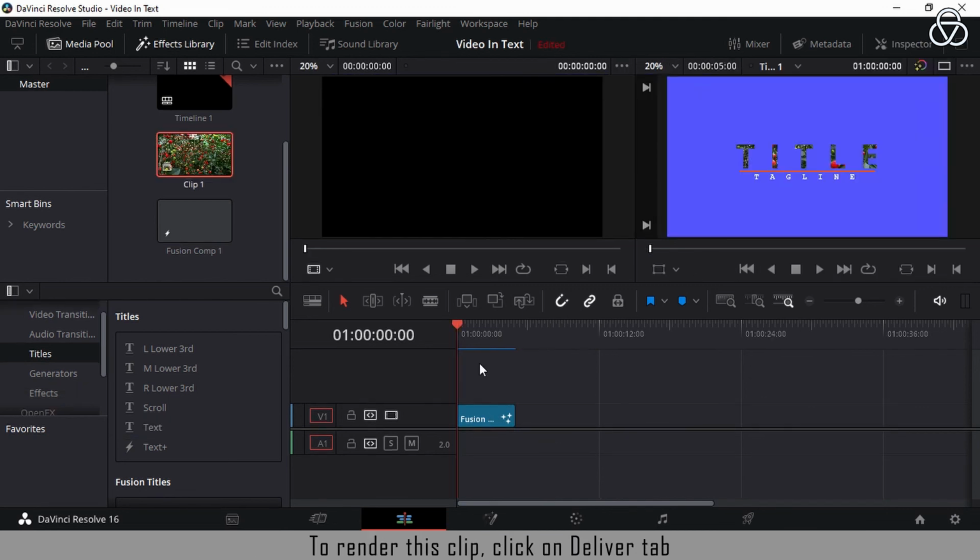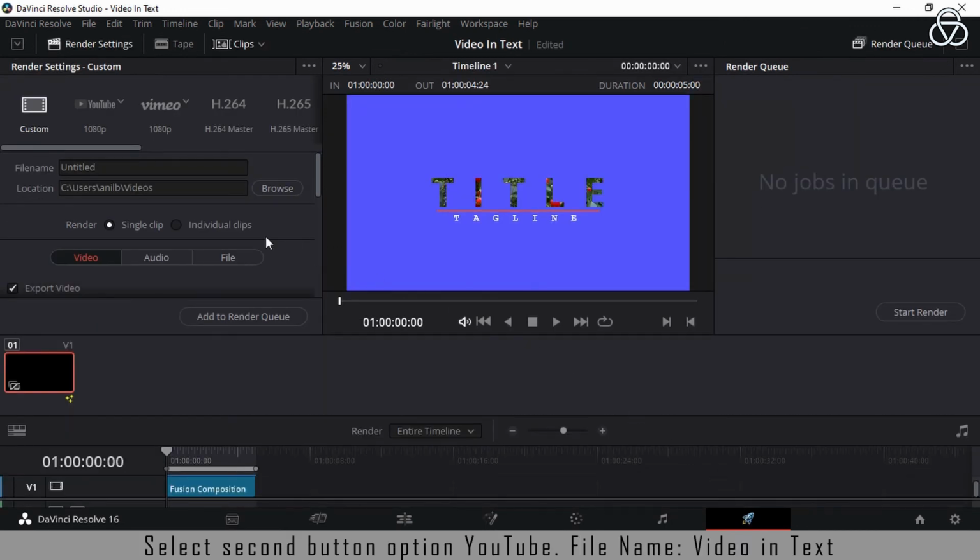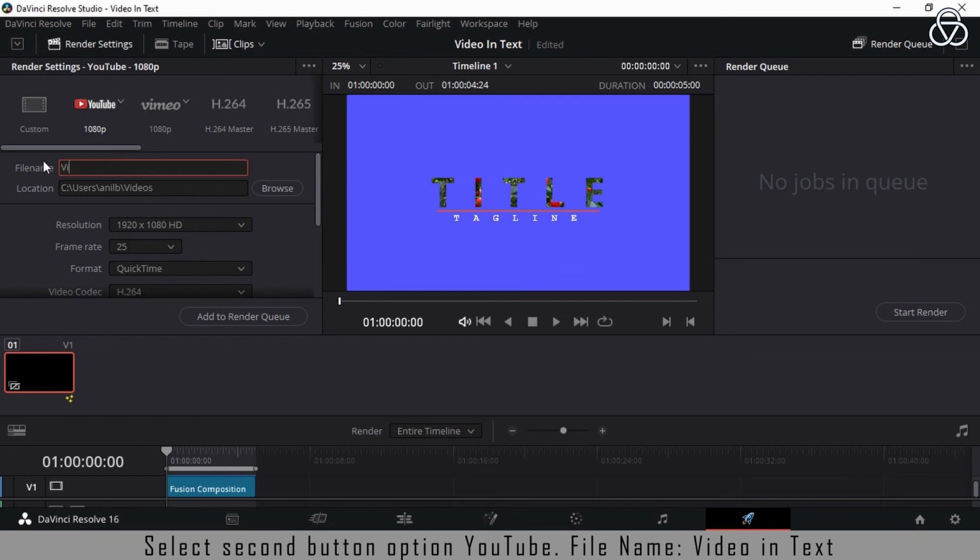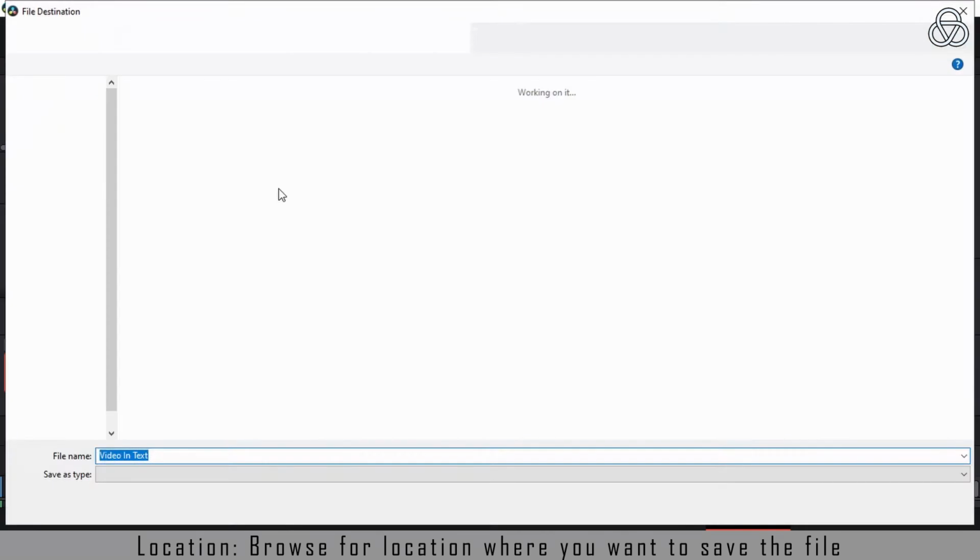To render this clip, click on the Deliver tab. Select the second button option, YouTube. For file name, type video in text. For location, browse for the location where you want to save the file.